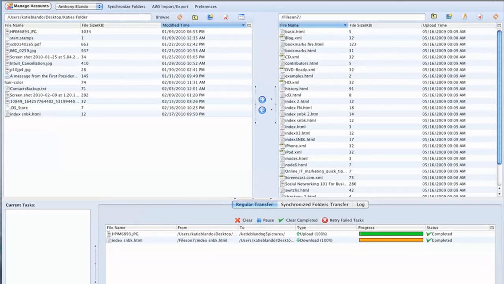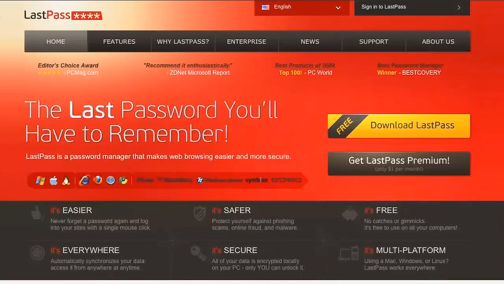One of the things that a lot of people forget to do is back up their passwords. I found this great product called LastPass. So what you do is you load this in, you go to all your websites, you make sure that you save all your passwords, and then you just log in to LastPass every time once you upload